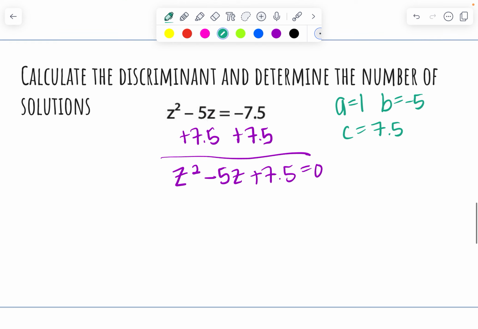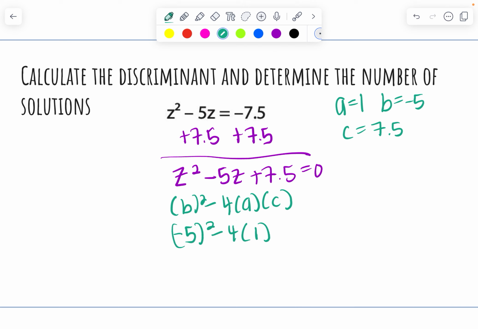Plugging that into my B squared, take away 4AC, I would get -5 squared, take away 4 times 1 times 7.5. And that would give me an answer of -5. And since it's negative, there are 2